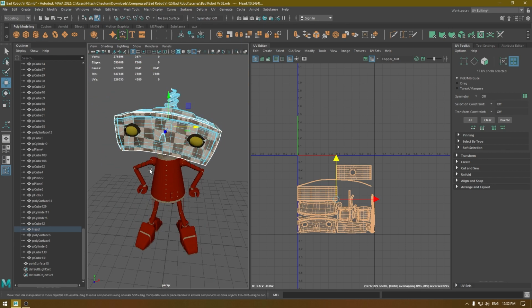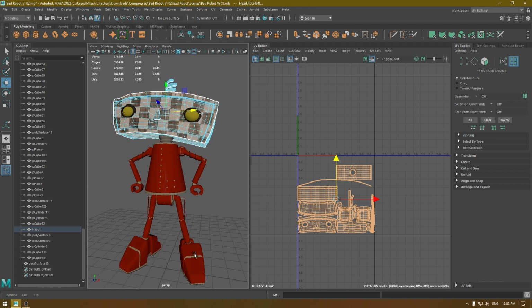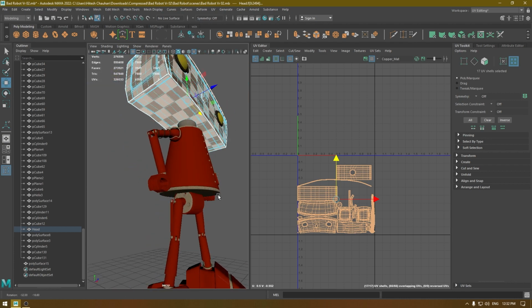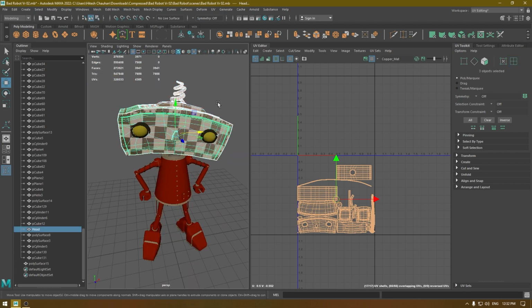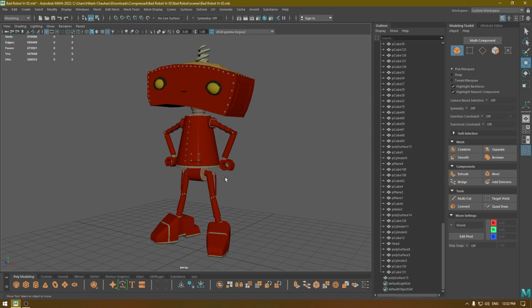And in the next one, we are going to unwrap these hands and the legs and fix any issue this mesh has. So I guess that's it for this video,